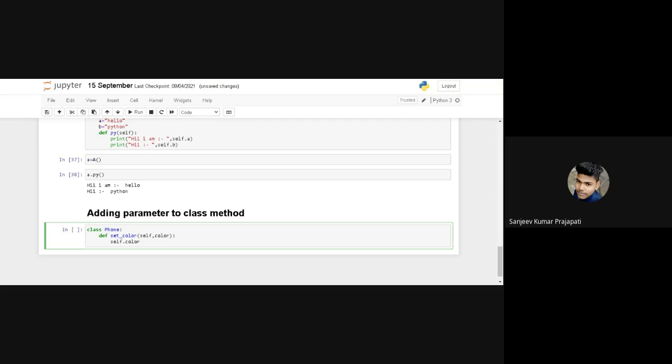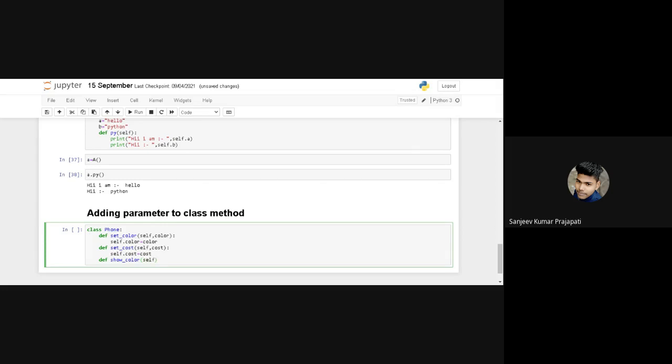We assign this color to another variable, self dot color equal to color, and again create another function set cost with self comma cost, and again the same thing, self dot cost equal to cost. Then I create another function def show color, which contains only self.